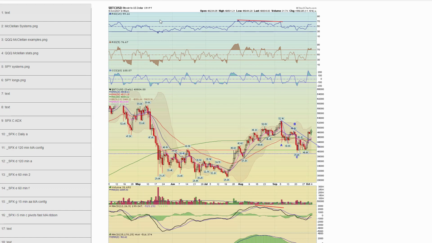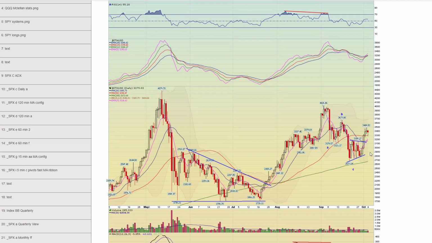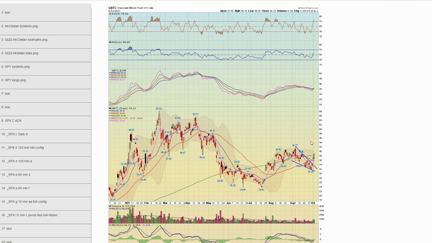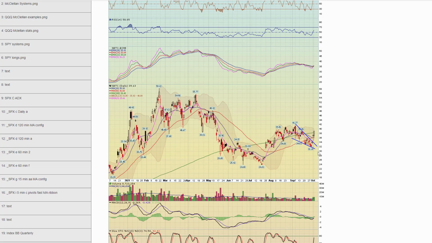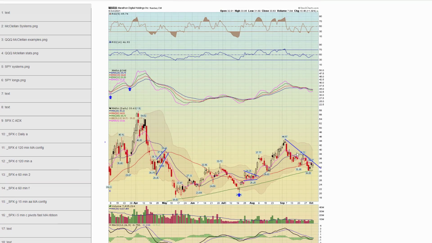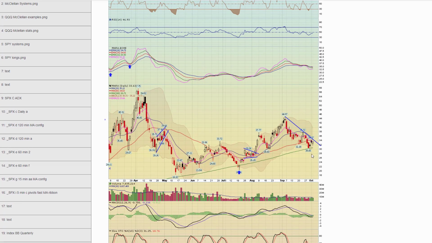Next, Chapter 59, Ethereum. It's also had an ABC correction. Nice move off those lows. Next, looking at a few Bitcoin type stocks. GBTC follows Bitcoin. Nice wedge. Should that area continue up, which I think it will, this is a way to play it. Next, Chapter 41, MARA, one of the best of the bunch. Trying to bounce off its 200-day moving average.